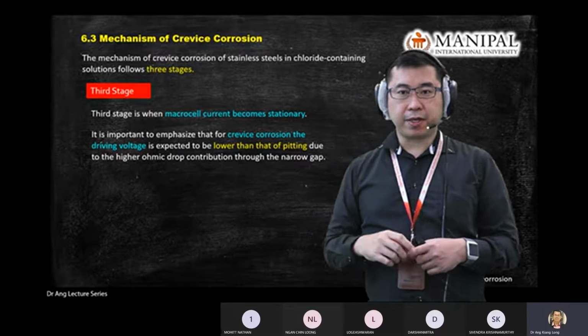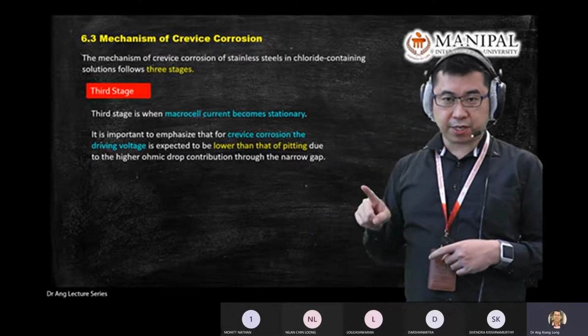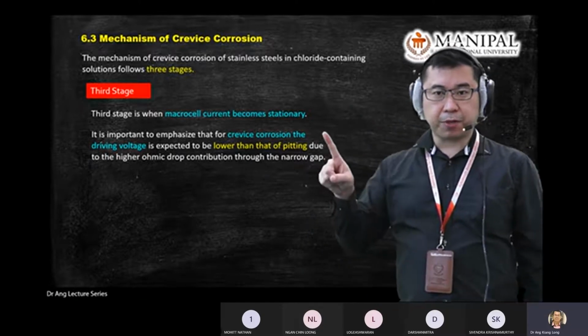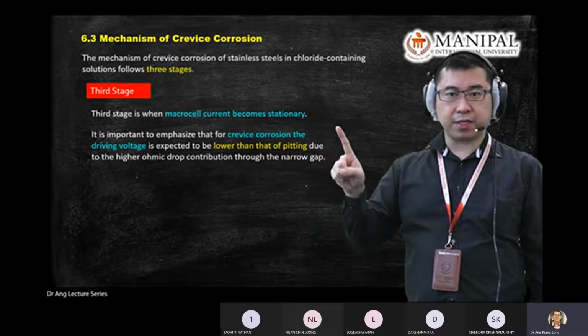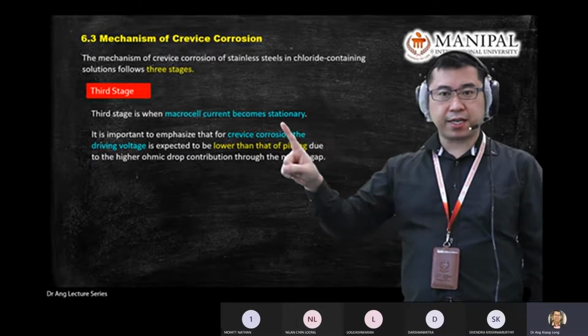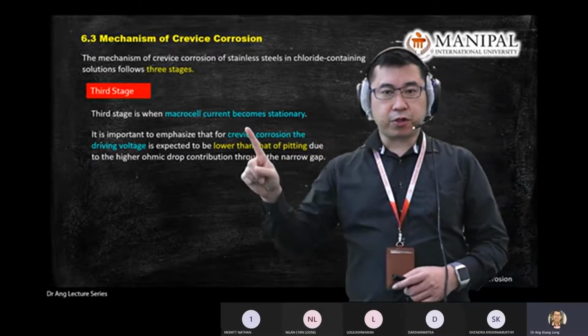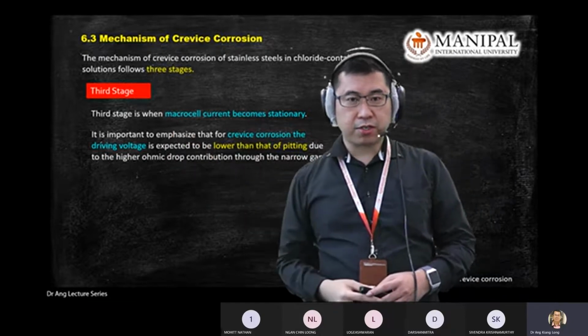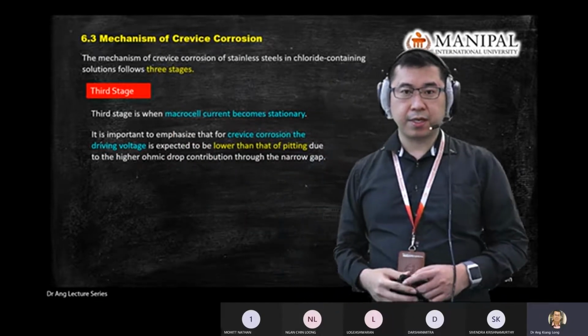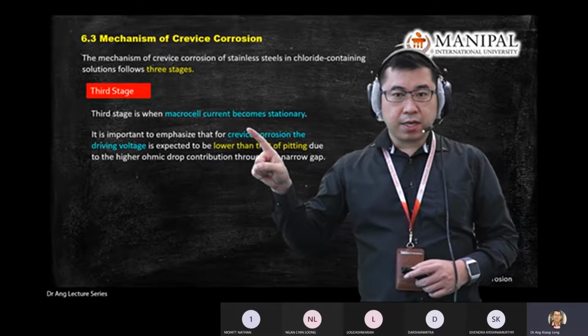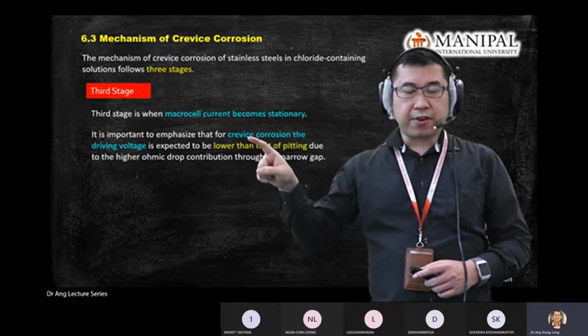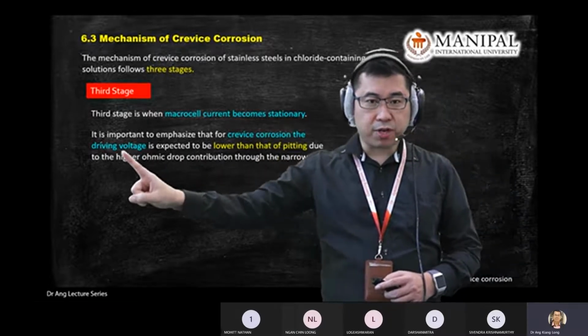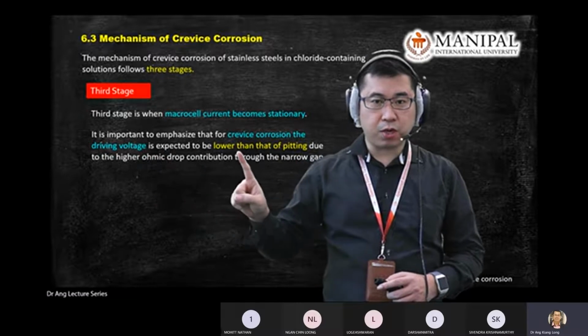If you plot the Evans diagram, E versus log I, the potential becomes stationary. What do you mean? You will see a straight line of the voltage when you reach stage 3. Okay, so one characteristic of crevice corrosion is that the driving voltage is expected to be lower than